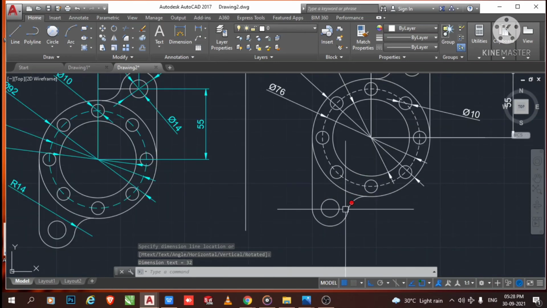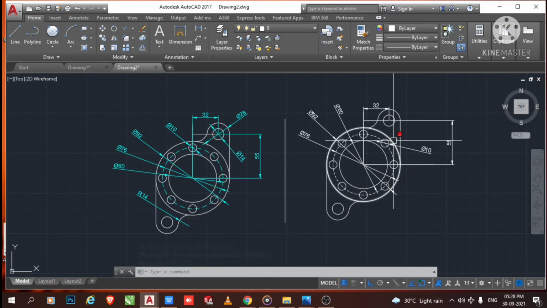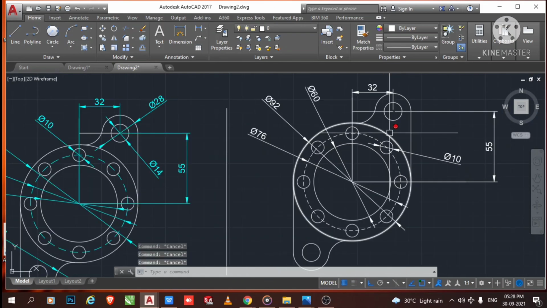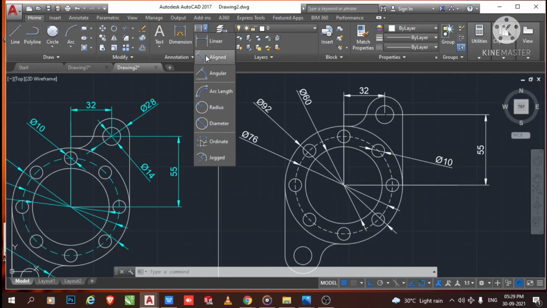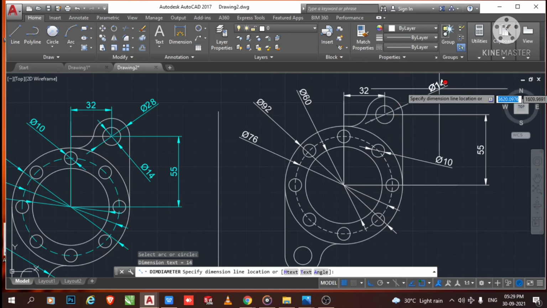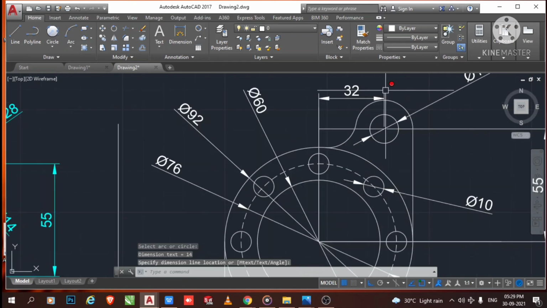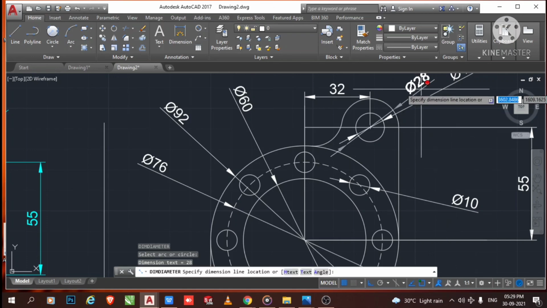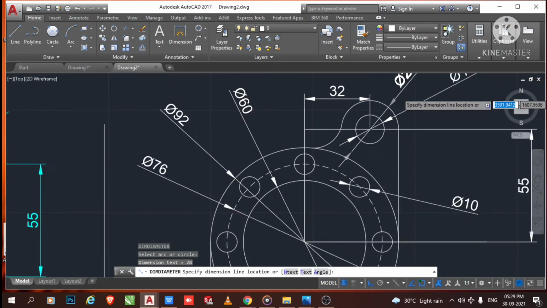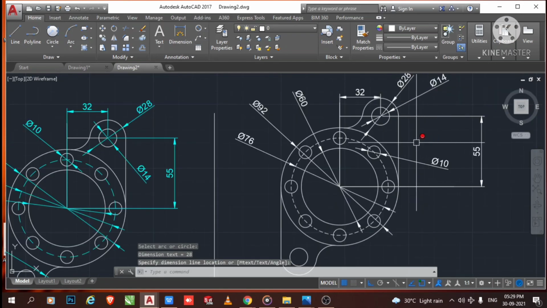Here it will also be the same, so we did not mention it. Now for this smaller circle, go to dia. Now select this smaller circle, it will be 14, and this one, again select enter key, this one will be 28.